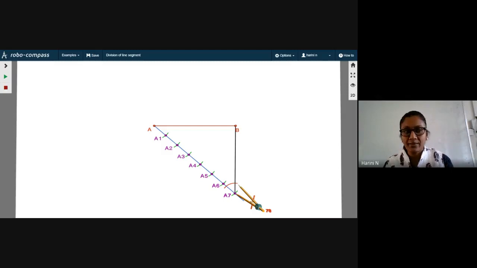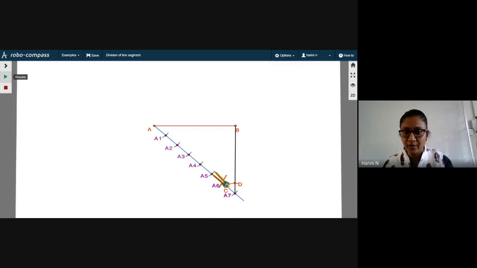All right. Now without changing the radius in the compass, lift your compass and keep it at A5. Don't change the radius. I'm repeating. Cut an arc intersecting this blue line. See how it is doing it there. Observe first and then do. It is marking the point of intersect. That you also can do. Correct. Do it. That point is C and the other point is D. Mark those points of intersection as C and D.